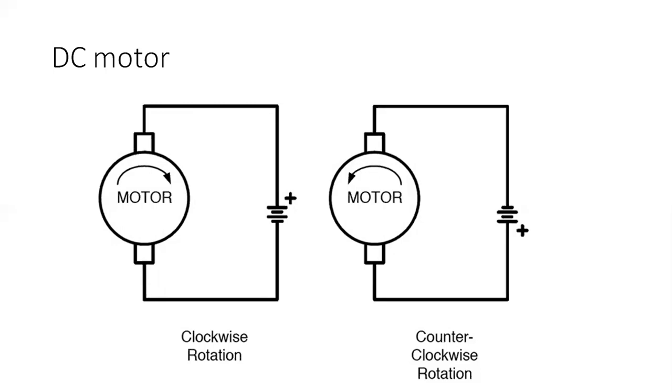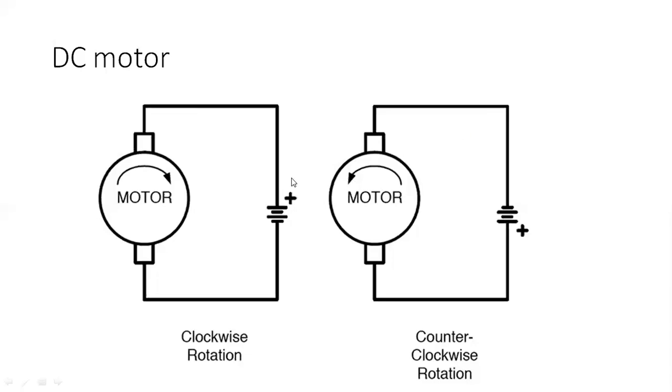So connecting this plus terminal and minus terminal, the motor will rotate in one direction. If you want to run the motor in the anti-clockwise direction, just change the polarity. It is called the counterclockwise direction. The difference between the stepper motor and the DC motor: the stepper motor moves in angles, whereas the DC motor moves continuously. Okay, so that is the difference between the stepper motor and the DC motor.